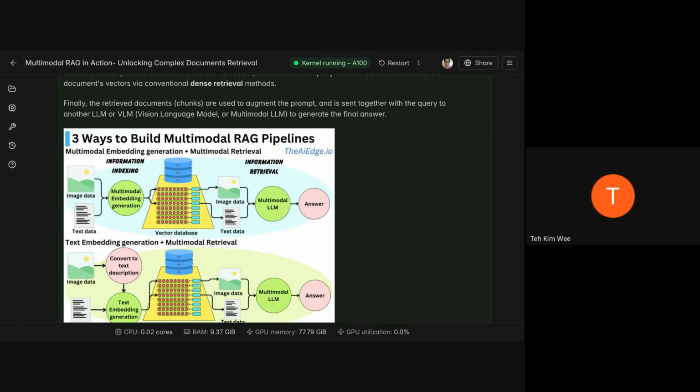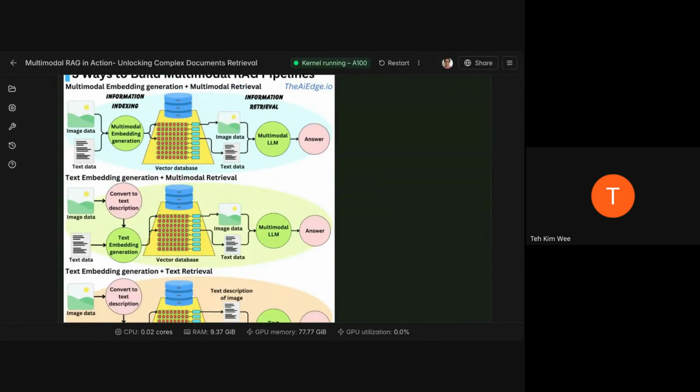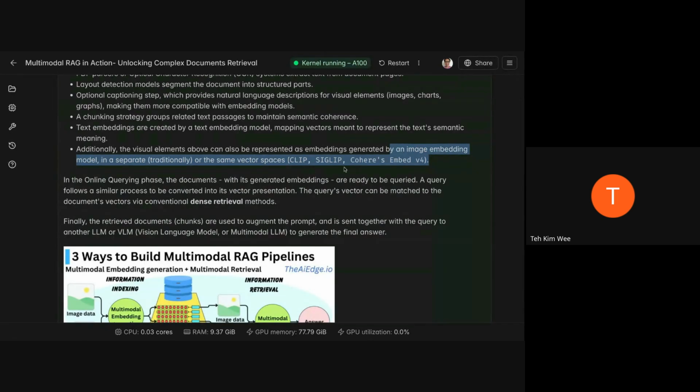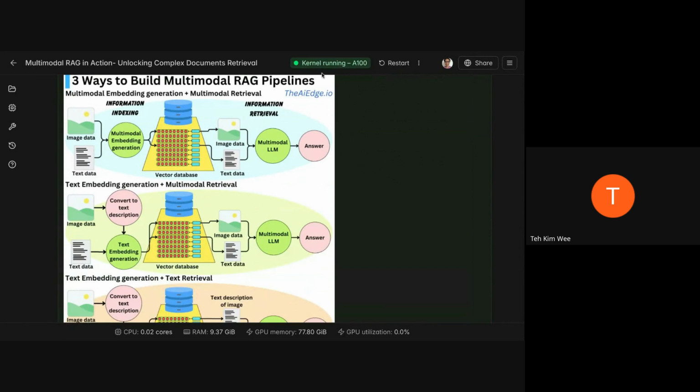Any questions? Okay. How do the multimodal models work together? You mean the multimodal embeddings and the multimodal LLM? Oh, usually there are two different models. So you will have a separate multimodal embedding model, which I put here. Yeah, you can use CLIP, SigLIP, or Cohere's Embed v4. All of these are multimodal embedding models. And then your multimodal LLM will be any kind of VLM, visual language model, like GPT-4o, 4.1, Qwen